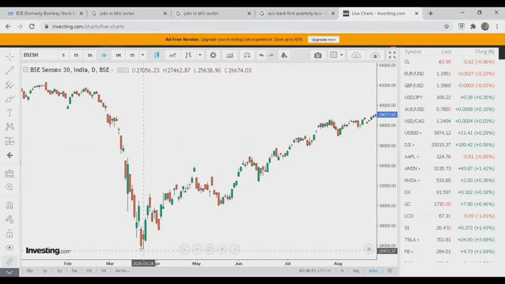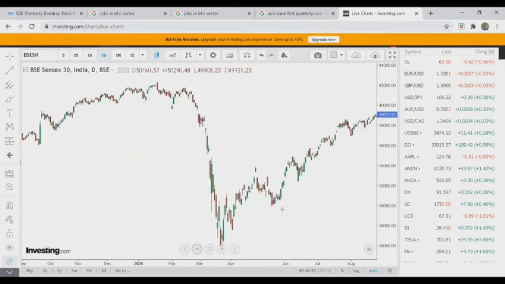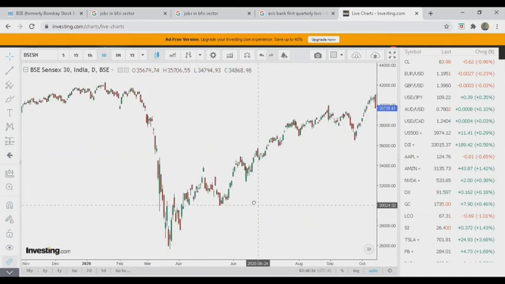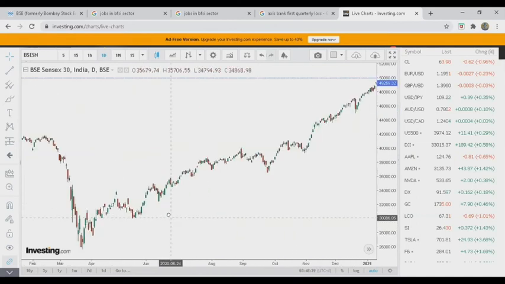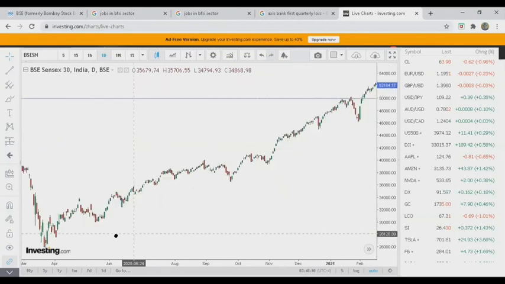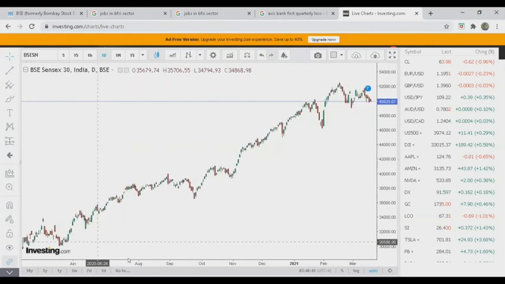So when the lockdown was announced, a lot of people would think that, oh, it's going to be negative. Of course it's going to be negative, and therefore the economy will be bad, this and that will happen. All those things have happened. People lost jobs, businesses were shut down, or many people are living on reduced income and so on. However, you see, this was actually the beginning of a huge rally, and the market went up even above the level where it was before the COVID-19 outbreak. See this? Is it not surprising?